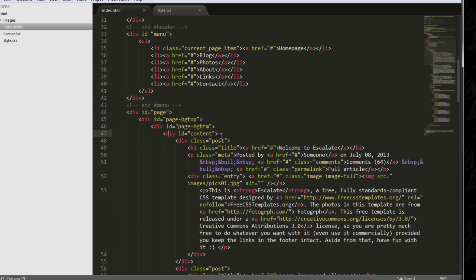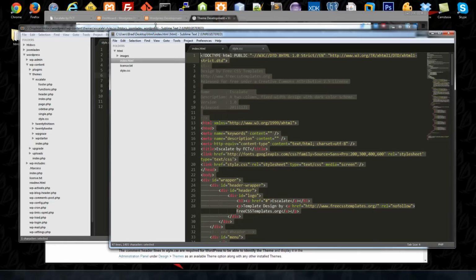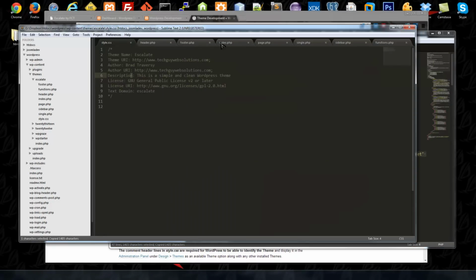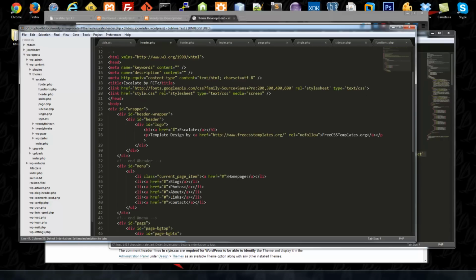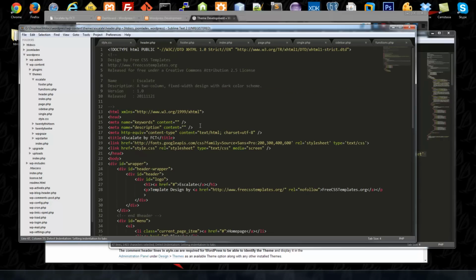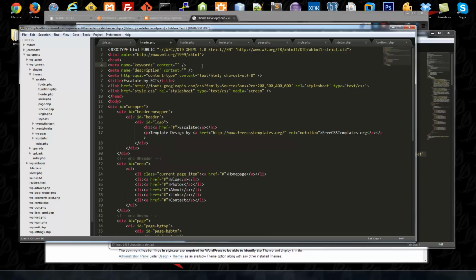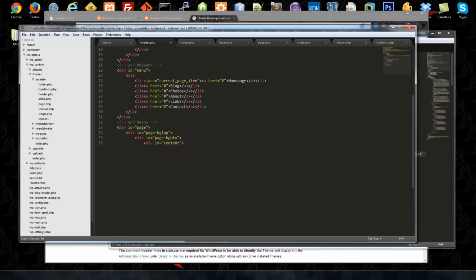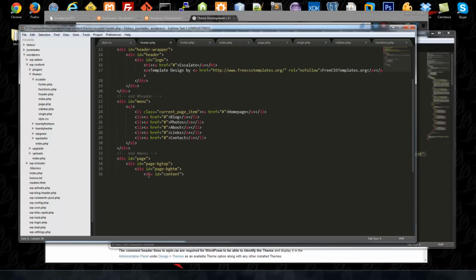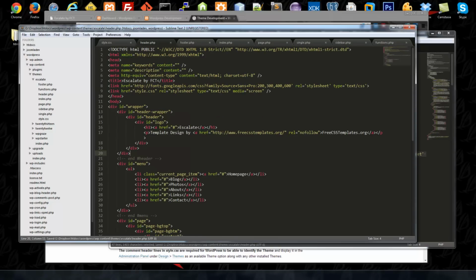All right. Yeah, so let's grab from this content all the way up. We'll copy that, paste that into the header.php file. And I'm just going to get rid of the comments here. Alright, so header goes all the way down to the content div. So let's save that. And we're going to be adding dynamic code in here so that we can actually make